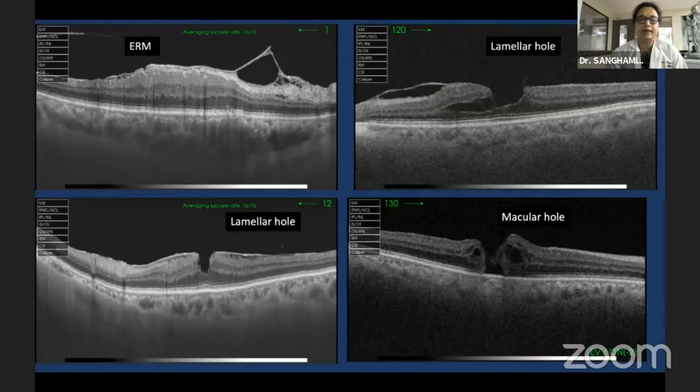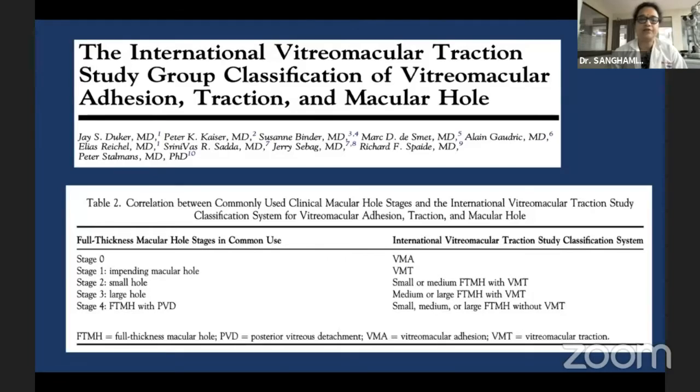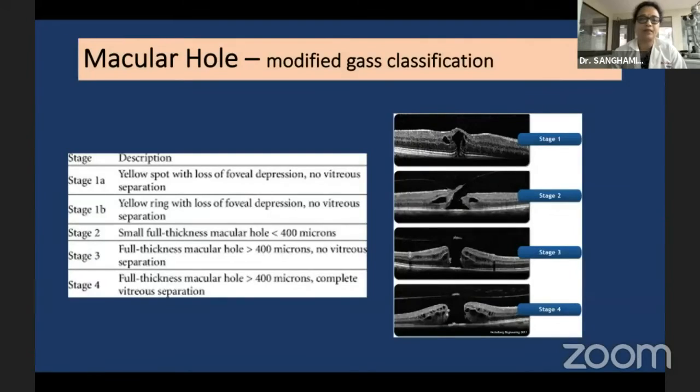The others are the ERM, a lamellar hole. We can differentiate between these, a lamellar hole and a full thickness macular hole. The International Vitreoretinal Traction Society again classified vitreomacular adhesion, traction, and macular hole from stage 0 to stage 4, starting from a VMA to a small and a large full thickness macular hole with or without a VMT. This has already been covered by my previous speaker, the macular hole modified Gass classification from stage 0 to stage 4, where a yellow spot is seen to a full thickness macular hole with total PVD, as you can see